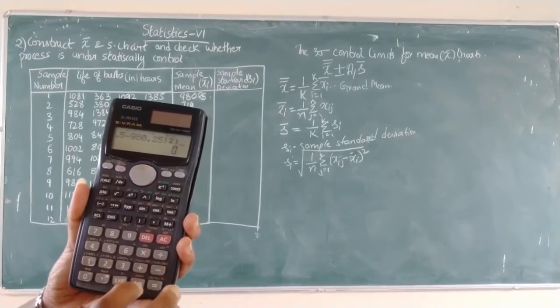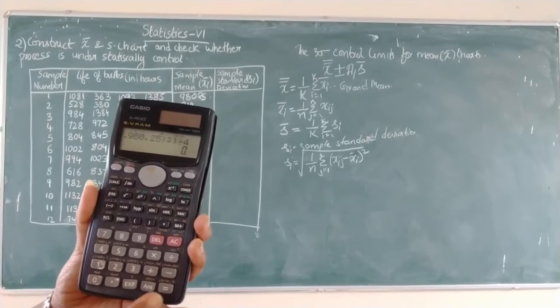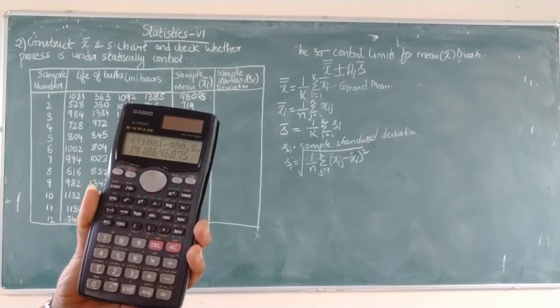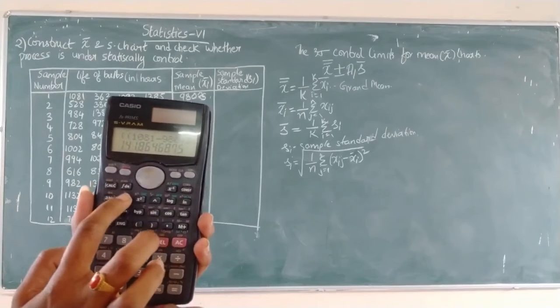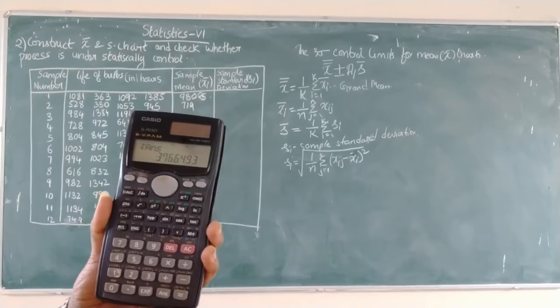Now just close the bracket and divide with the n value. What is the n value? 4. So whatever the answer you are getting, find the square root of that one. Square root of your answer. So answer is